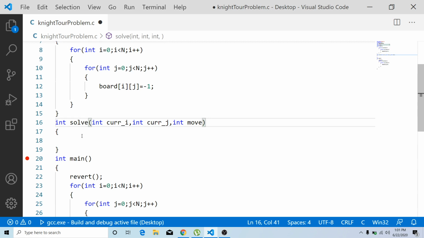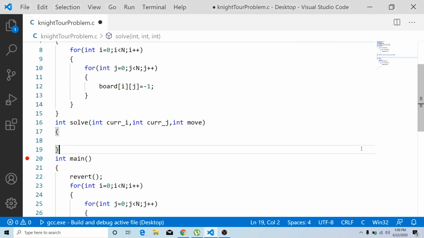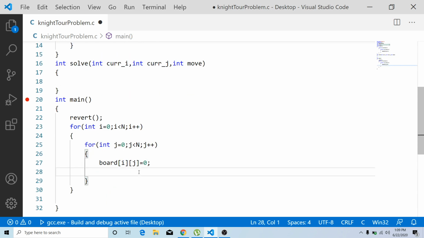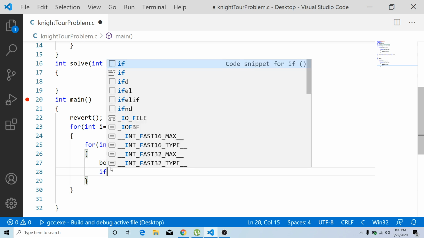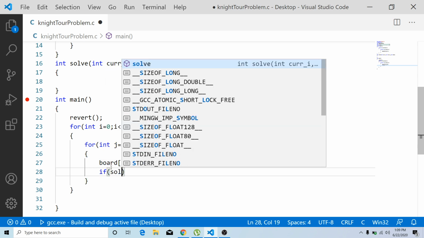Now I told you very clearly that this solve function will either return 1 or return 0. So here in the main function, after initializing 0 to this particular i, j cell, we will check the solve function.